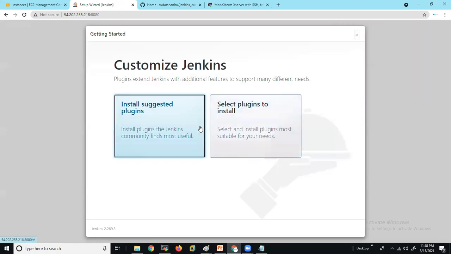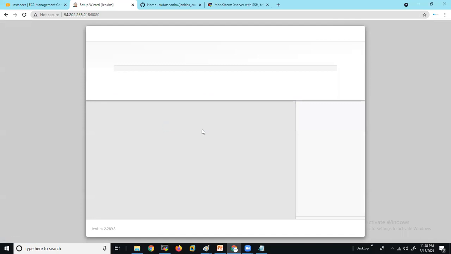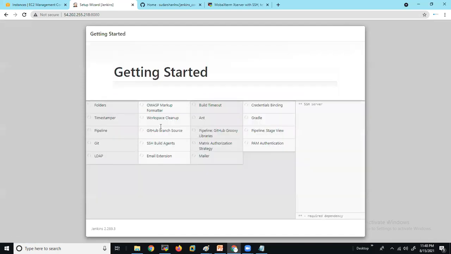Now it is giving two options to install the plugins. I'll go with the suggested plugins. If you want to customize this, you can select the selected plugins. But in suggested plugins itself, we'll get the default and important plugins. See, we have the pipeline plugin, Git, LDAP, SSH, GitHub branches, and all the important plugins installed by default.